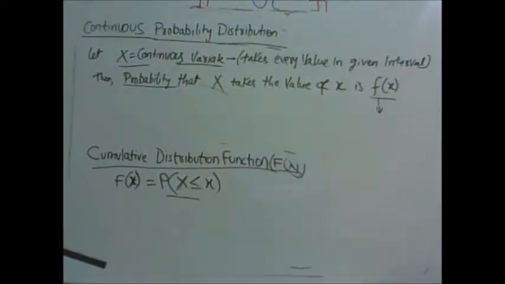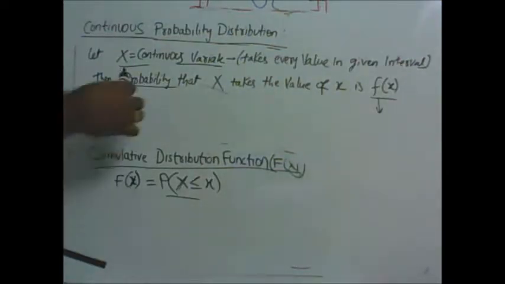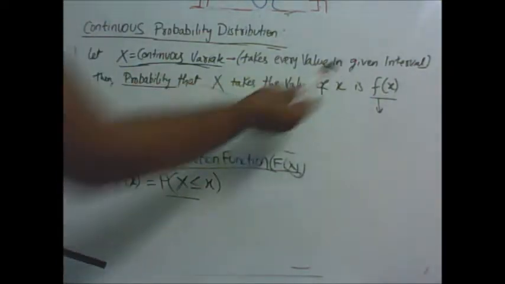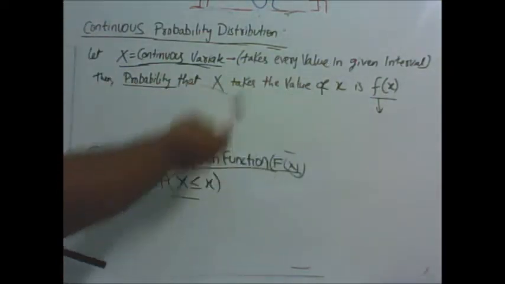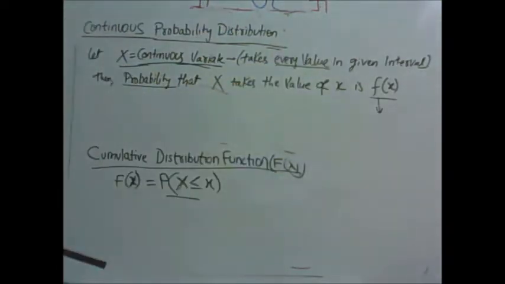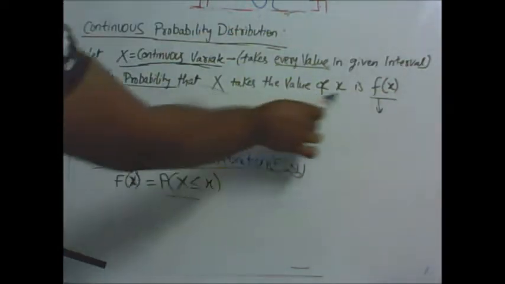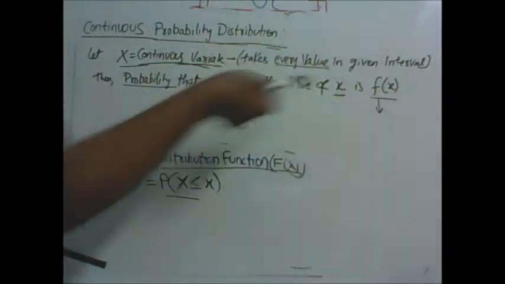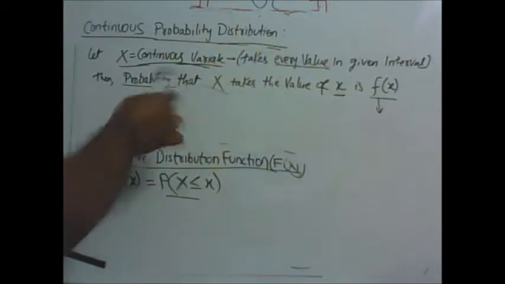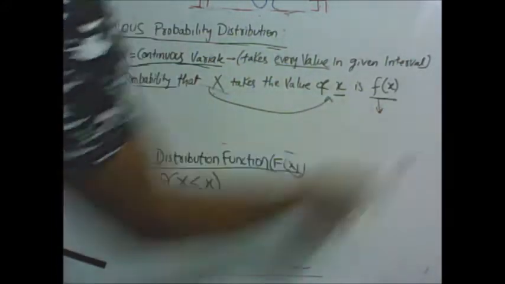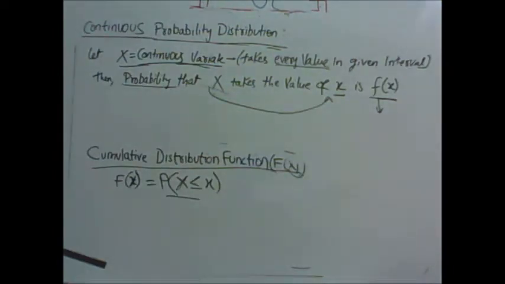Now coming to continuous probability distribution, let x be a continuous variate. Continuous variate in the sense that, if we are given a certain interval a, b, it takes every value in that interval. That is a continuous variate. If such is the case, then the probability that x takes a certain value small x in the given interval,